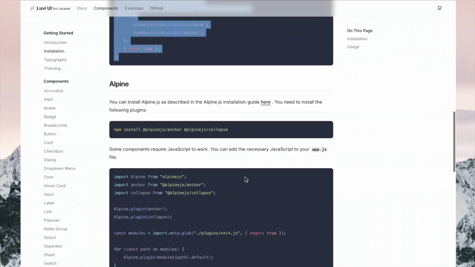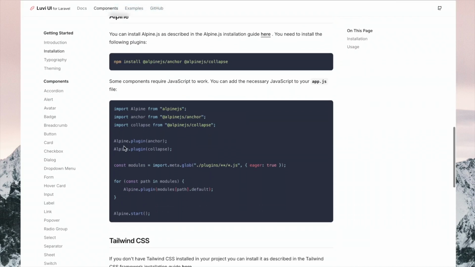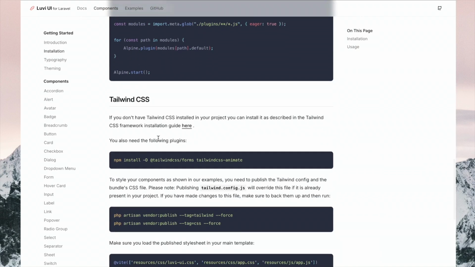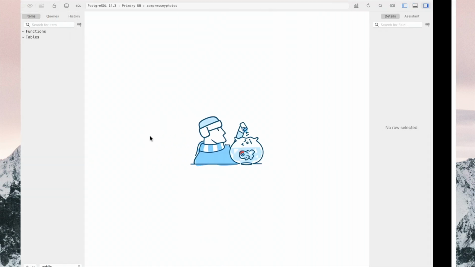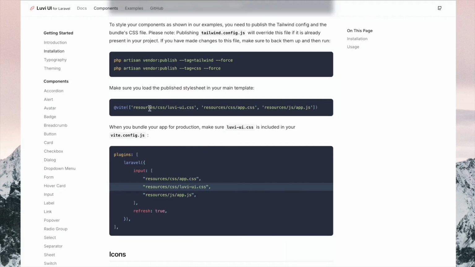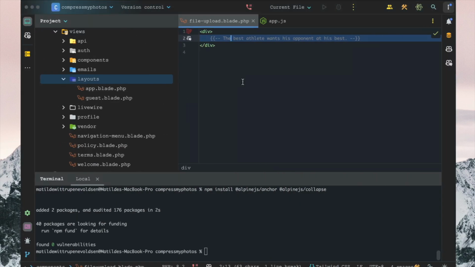Alright, so now that's sorted, we could even go further, but I think we will leave this for now, and we will go ahead and look at how we can make this upload component work a bit nicer. So let's take a look at that now. Alright, so now we need to go ahead and set up the configuration here. So inside our app,